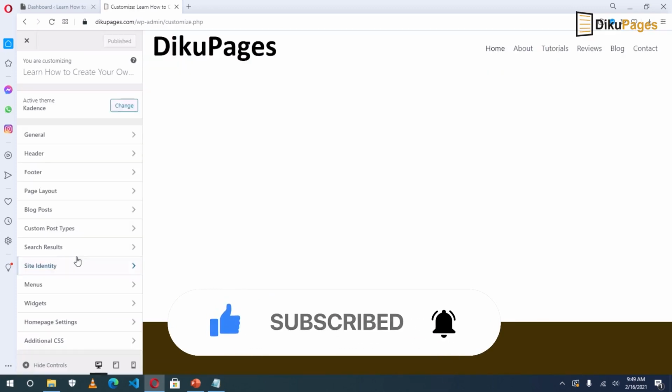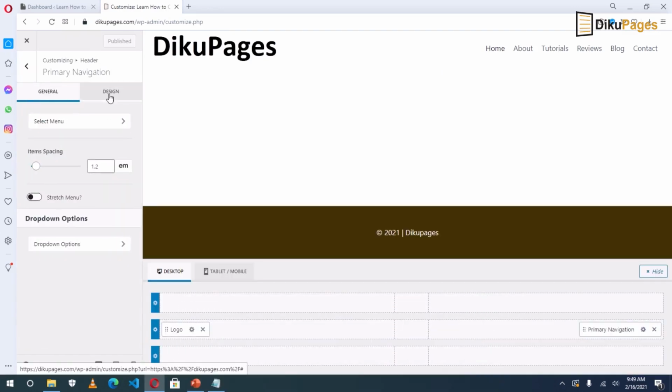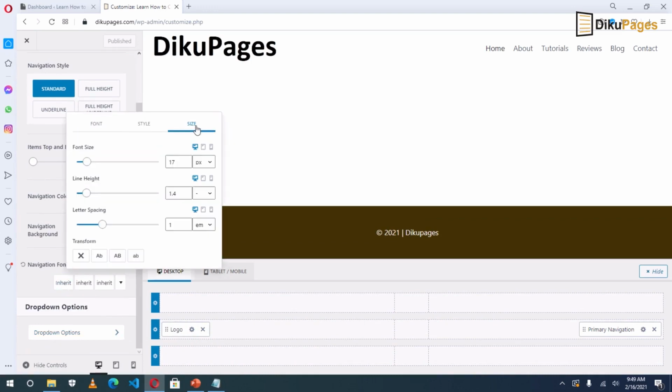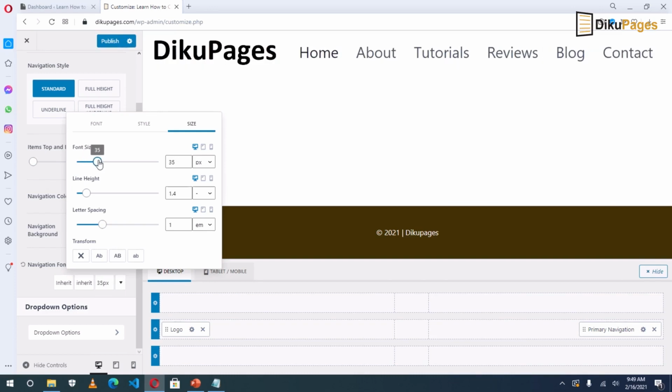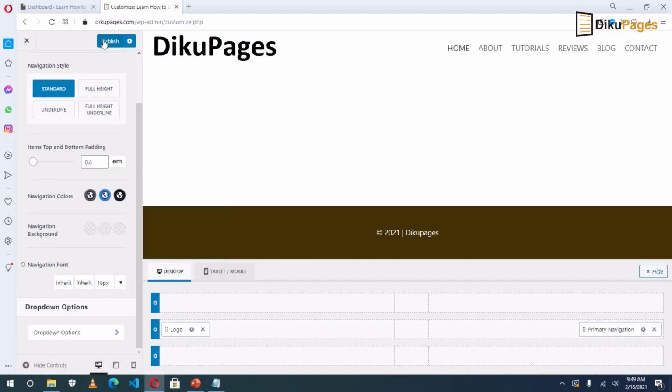So customize, header. Now we go to primary navigation, design, navigation fonts. Let's go to inherit, size, font size. So we can increase it here. Okay, I like this. From here you can make it caps if you want. And I'll reduce it a bit, or make it 18. I like this. Then publish,